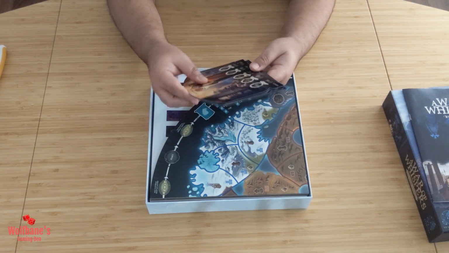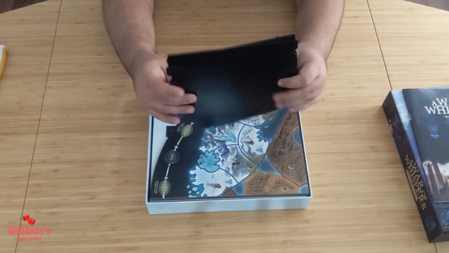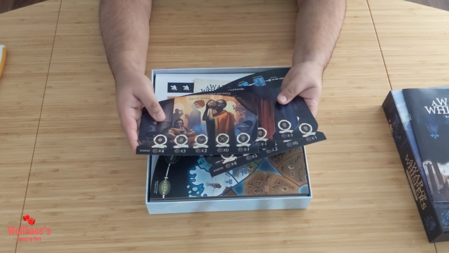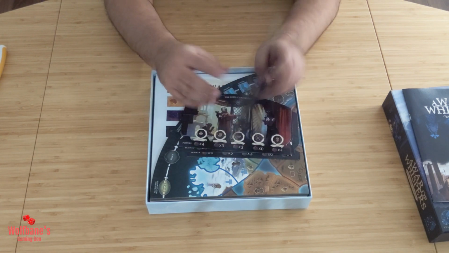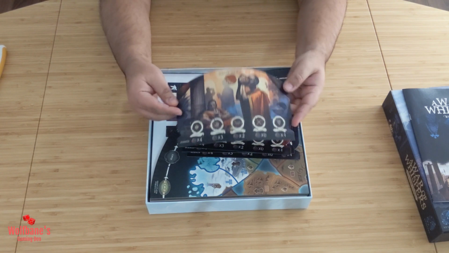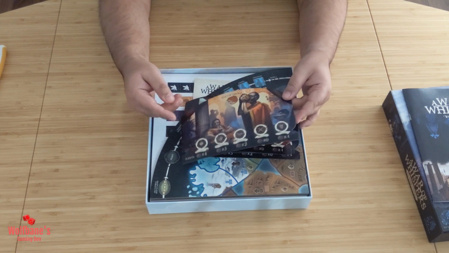Now, these I assume are the different player boards. So this is interesting. This is a thick cardstock. It's not cardboard, so it's a bit surprising. And again, I'm assuming that these are player boards, right? So single-sided. The back is just blank. I would have expected something like this to be cardboard, but obviously this saves on space, but